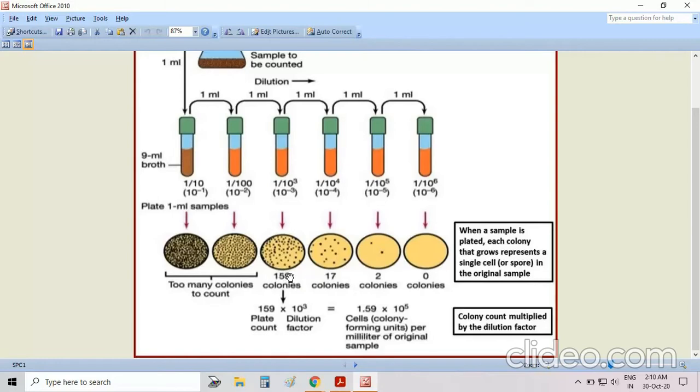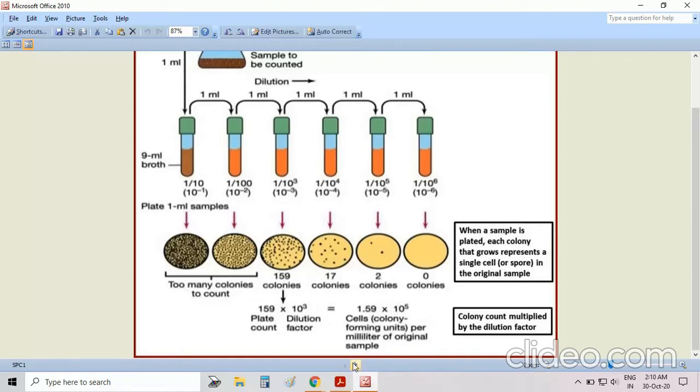Now, how will you find out the density of colonies in a given water sample? We got the colony count of 159, but what will you write in the result? See the dilution. Here, dilution is 1 by 1000, or we can say 10 to the power -3. So we have to divide, or you can say multiply. Multiply 159 into 10 to the power 3, or if you want to divide, then 159 divided by 10 to the power -3, and therefore it will give the number of bacteria per ml of water. It will be 1.59 into 10 to the power 5, right? In this way we have to calculate.